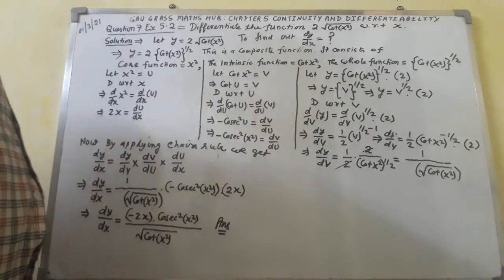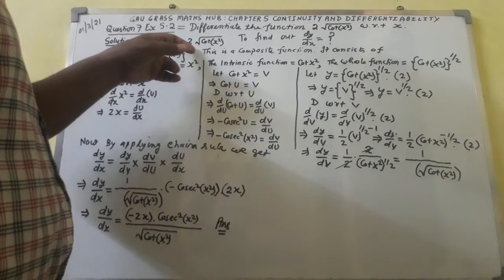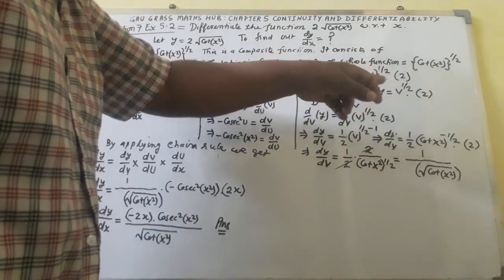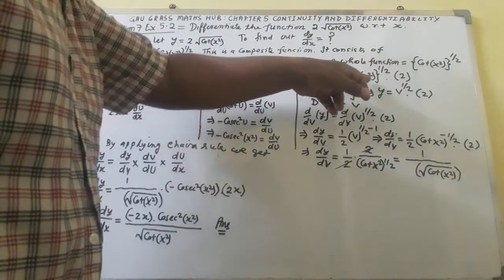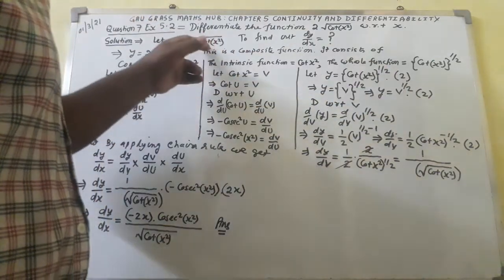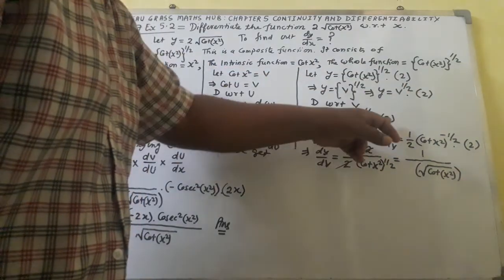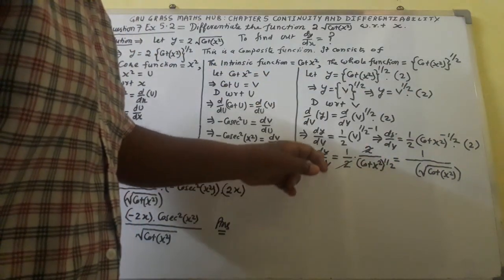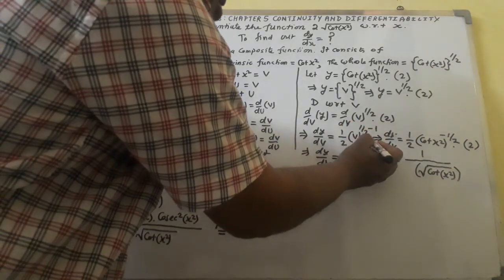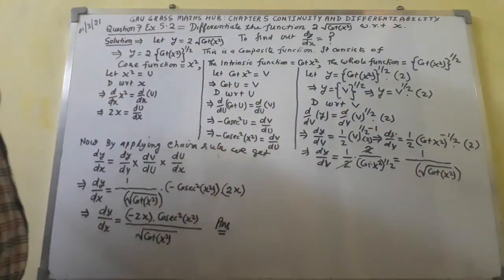What mistake have I committed here? Here you can see in the composite function 2 is multiplied. Here I have left the 2. So y is equal to this variable function, composite function, and 2 is a constant multiplied. In the same ratio, 2 will be multiplied here, and also here 2 will multiply. Here you will get 2 multiplied in between. Now it is correct.